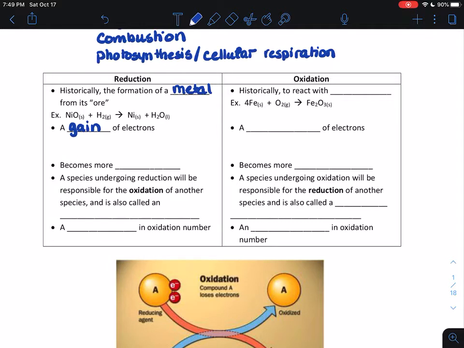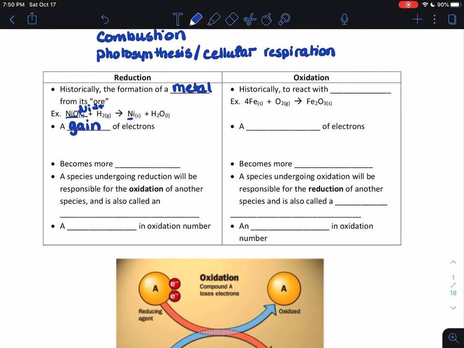Now, I've got an equation here that shows this. So this would be nickel ore, NiO, plus hydrogen, resulting in nickel, the pure form of the metal, plus water vapor, or liquid water in this case. Now, I'm just going to focus on the nickel because the nickel is the one that's undergoing reduction. In this equation, nickel has a 2+ charge, right? Because it's nickel(II) oxide. And here, nickel is just a nickel metal, so it's got no charge whatsoever. So do you see that nickel 2+ has gained electrons to become nickel? And we actually write that